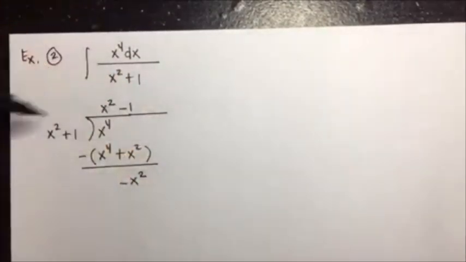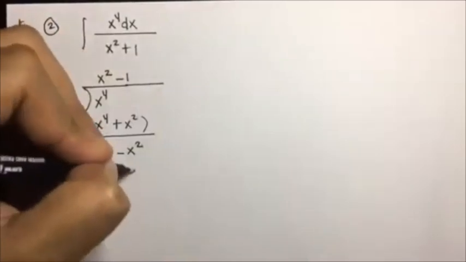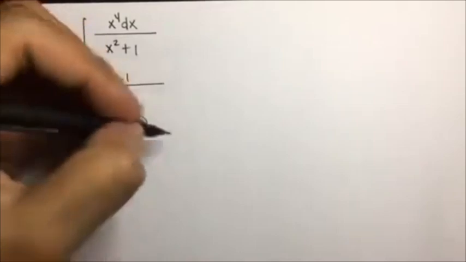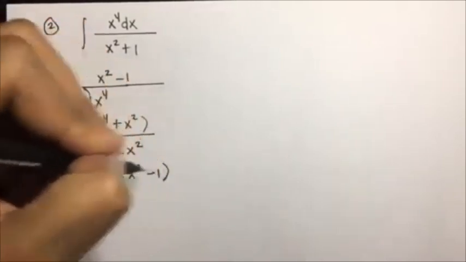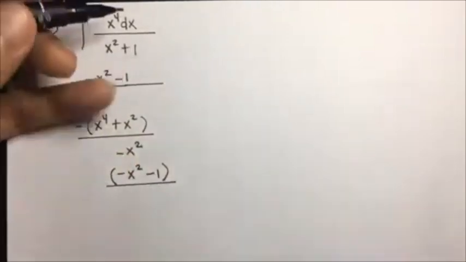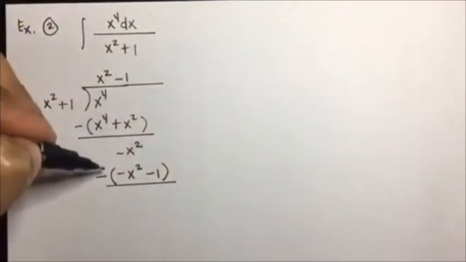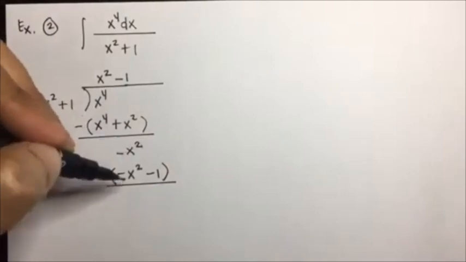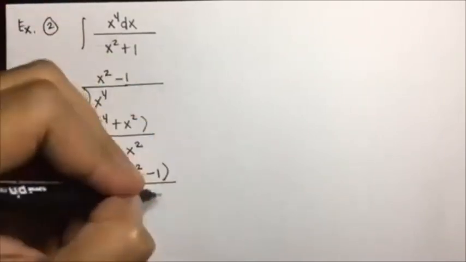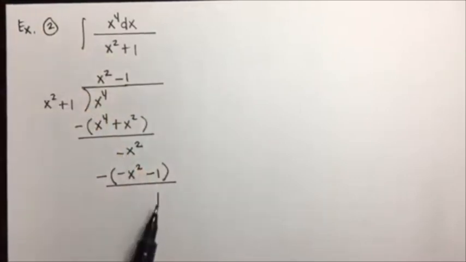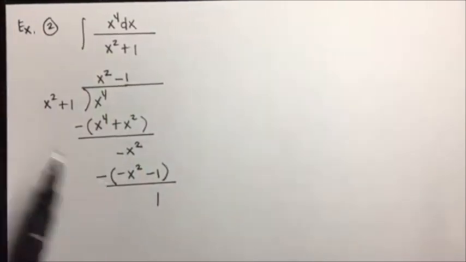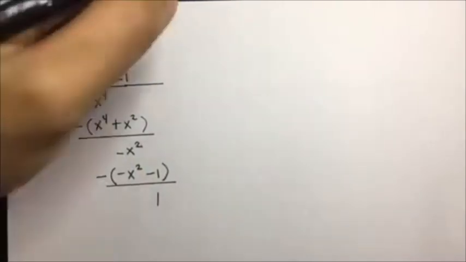Negative 1 times x squared is negative x squared, negative 1 times 1 is minus 1, and then subtracting, negative x squared minus negative x squared, so we have 0, and then 0 minus negative 1, so we have positive 1. So 1 divided by x squared plus 1 is a proper fraction already,